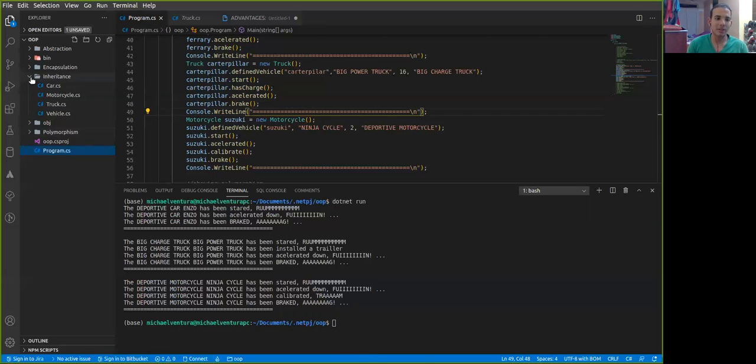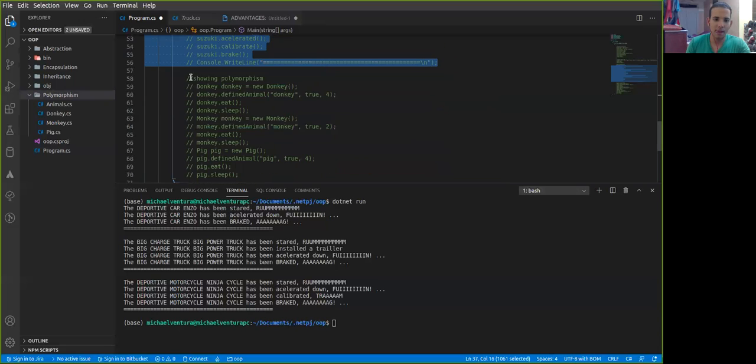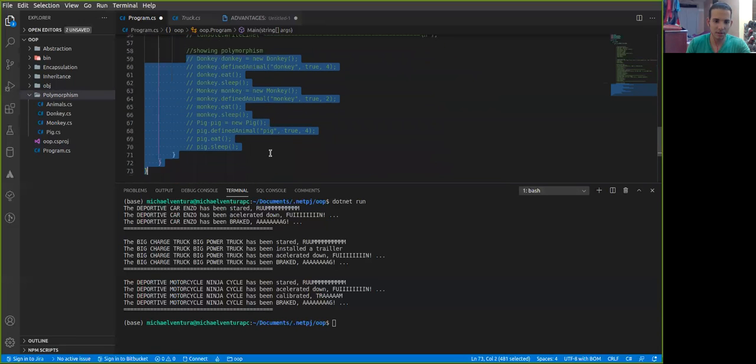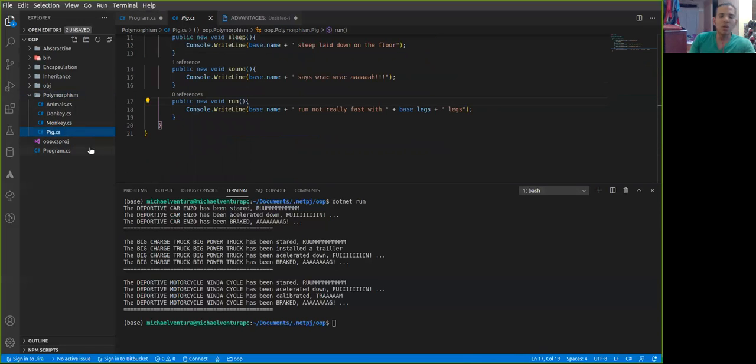And then the last one, the last blur we have in this section, polymorphism. So let's comment this out. We will not need it anymore. And now we have here, like before, but in this case, we will have